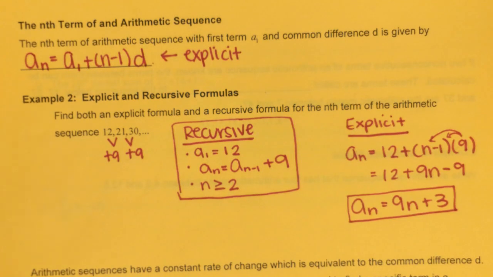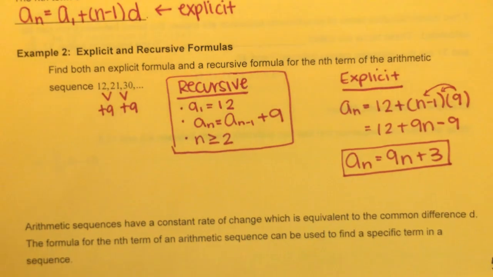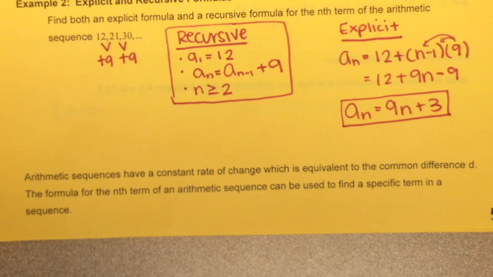This is question 2 and 3 on your quiz next week. So just put it on for correct. This way, you have a set formula, you use it, it works every time. Arithmetic only works if it's adding or subtracting the same number. So arithmetic sequences have a constant rate of change, which